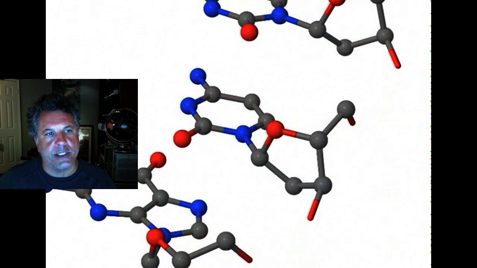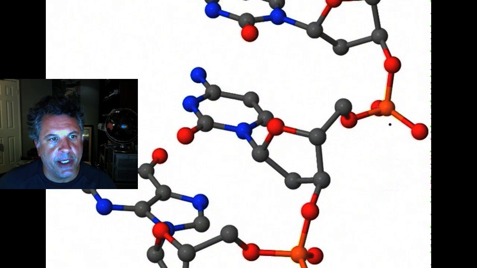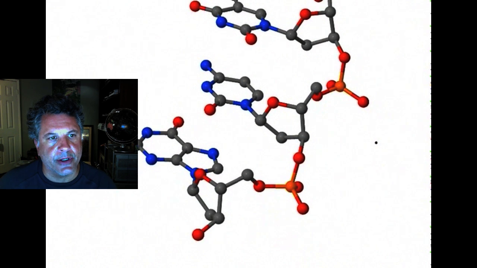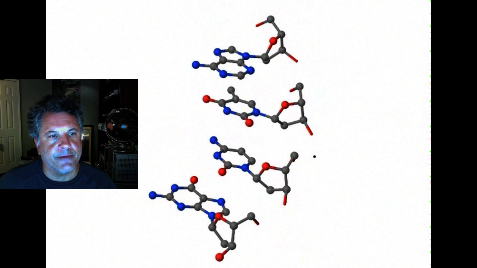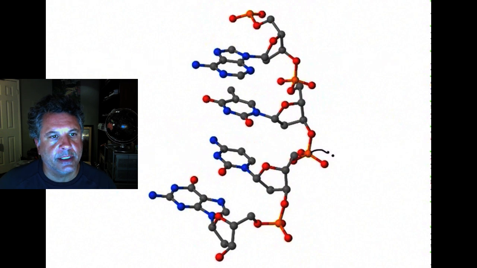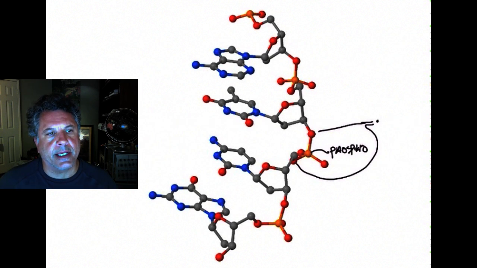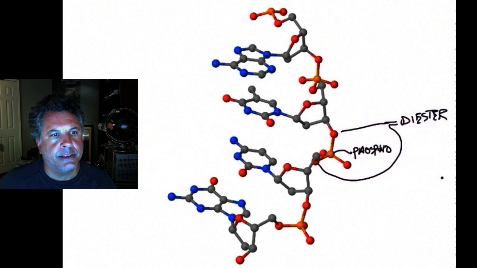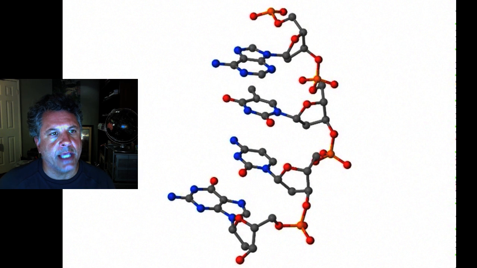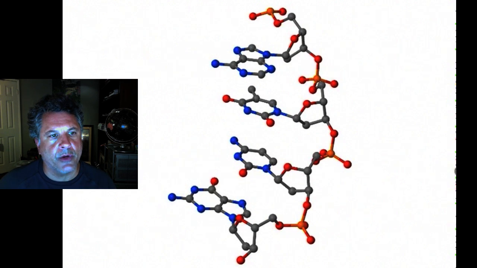And you can see that if you remove the phosphates, those are the linking points for the polymer. So we have a phosphodiester backbone, phosphodiester linkage. There's the phosphate, and there's one ester linkage, and there's the other one. So we have a phosphodiester linkage that connects the monomers in the backbone. So that we can then consider the molecule as a sugar phosphate backbone, here shown in purple, sugars and phosphates.